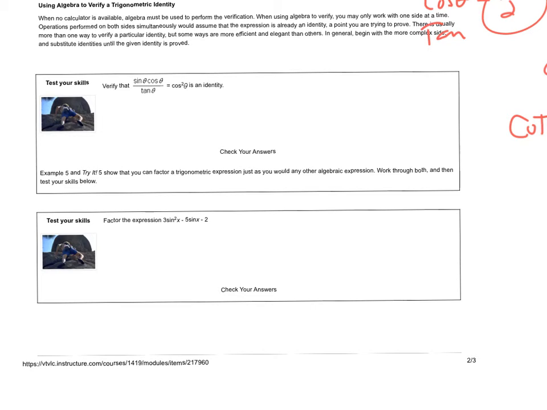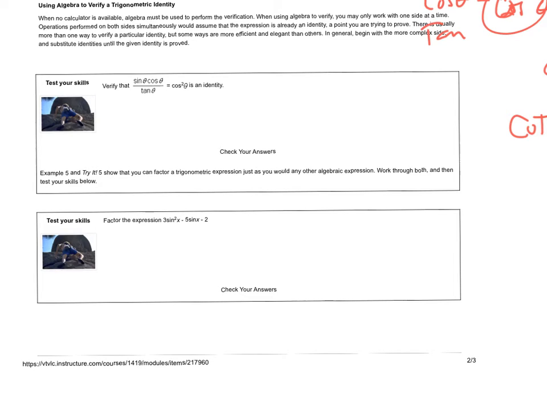Times, so I'm going to multiply that as cosine theta over sine theta. And then I see I'm multiplying fractions, so I can do this cross-canceling simplification, right? So that leaves cosine times cosine, which is cosine squared, and that's what we wanted to show. So it's that easy. They get more complicated, and you can do a lot more with this, but that's the